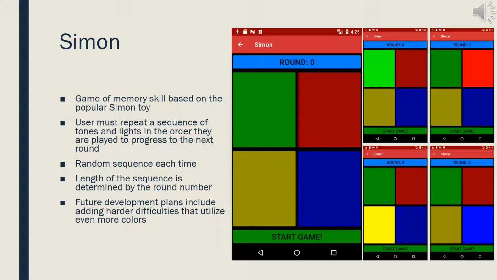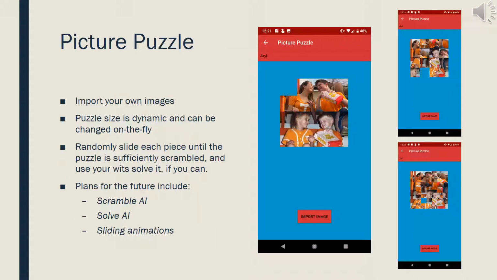Christian will now present his part of the project. Hi, I'm Christian Barnes, and I'm going to explain my part of the project. My part of the project was to design the puzzle game, as opposed to the strategy and reaction games that